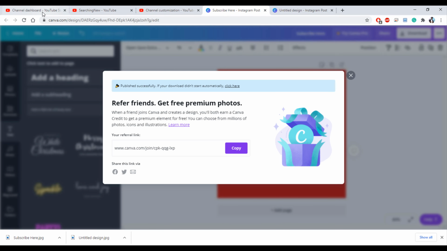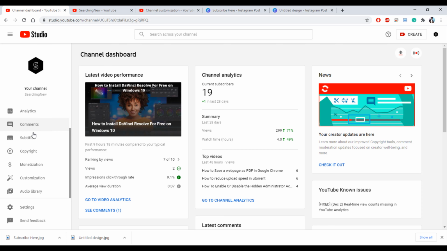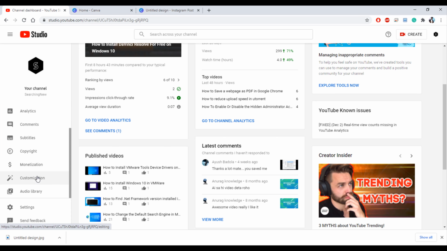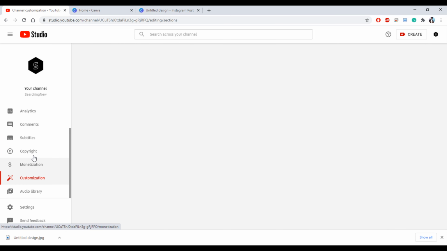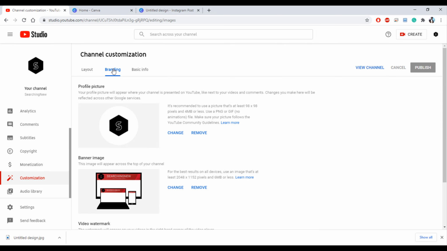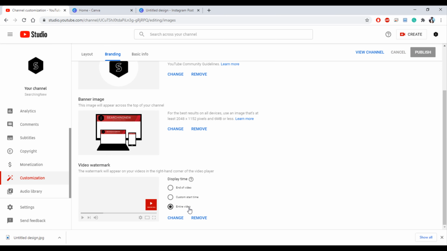Now go to your dashboard. In this dashboard, go to customization. Here, go to branding and click change,